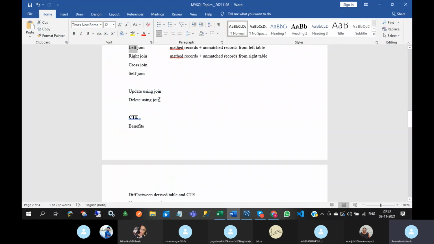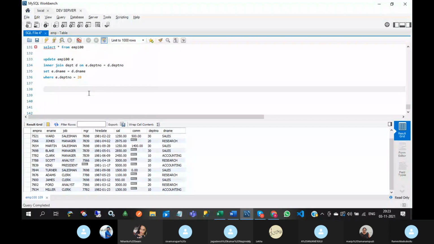Next one is delete using join. We can delete the data from a table by using joins also. The syntax: I want to delete department number 10, but that should be in the department table.